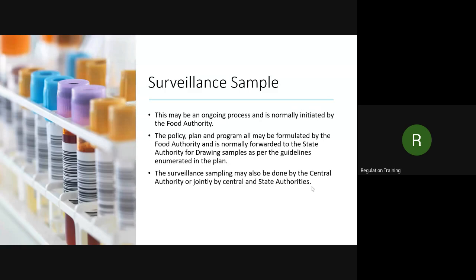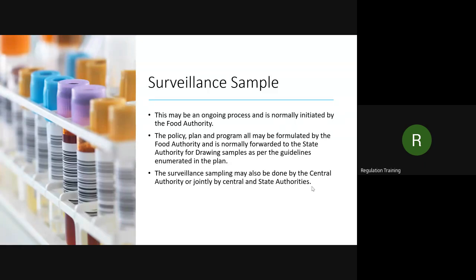Now there is one more difference between the legal sample and surveillance sample. For a legal sample, the FSO is authorized. The FSO can go and take a legal sample from anyone and at any time. They need not take any approval. But for food surveillance purposes, if they get a notification from the top, saying now you have to start surveillance for used cooking oil, then along with that, they cannot leave the legal work. Legal is their part, their routine job.